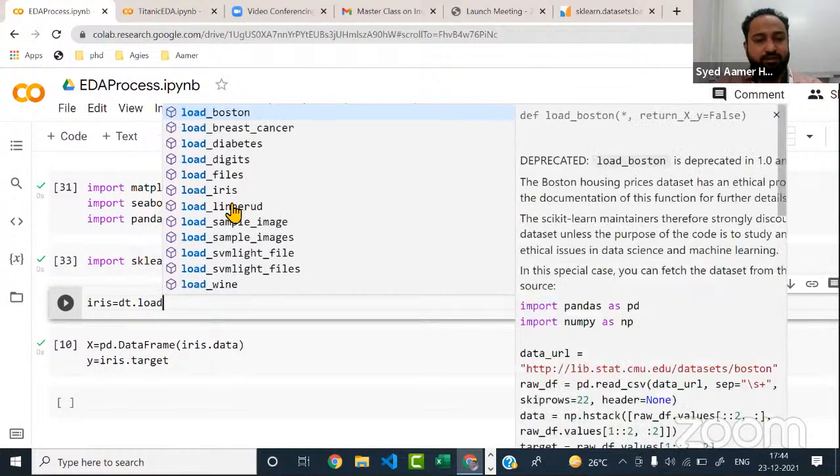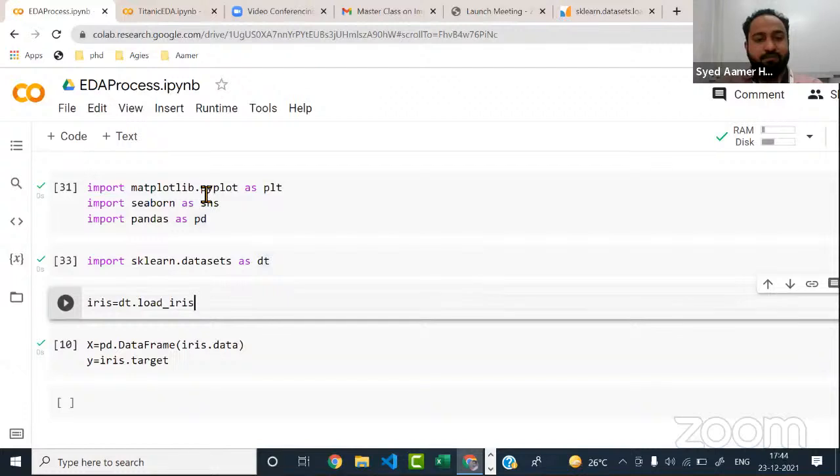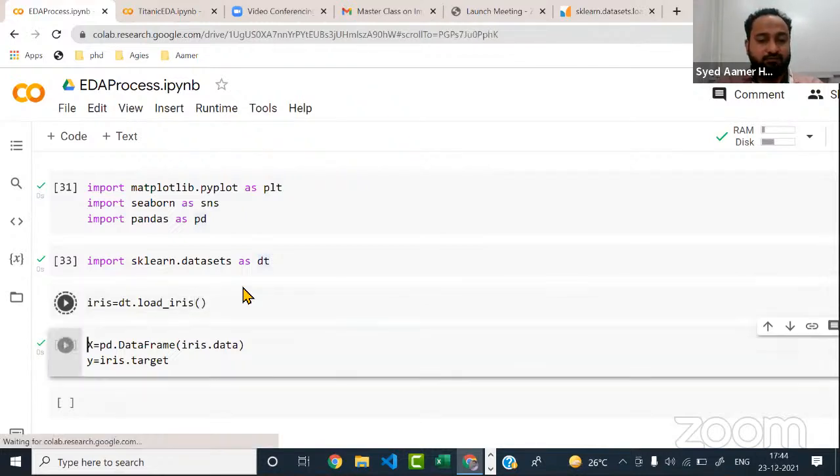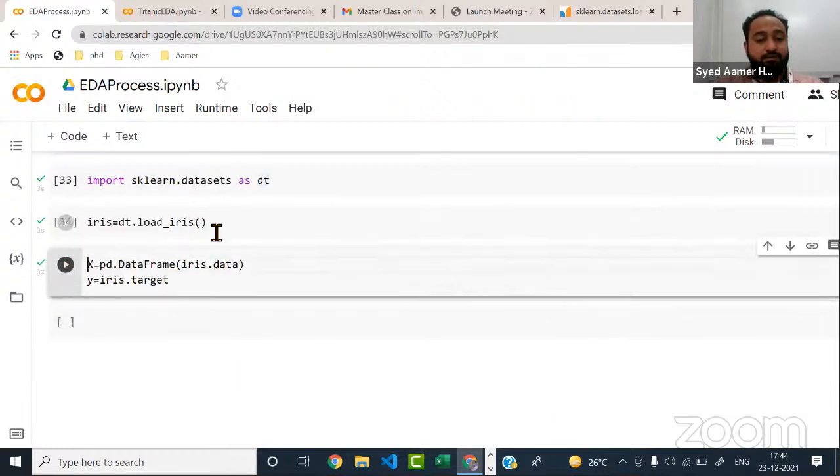For Iris, there is something called DT.load_iris. Is that clear? You have to go with this, and put the round brackets with it. Now this load_iris data set will have a lot of things in it, like a zip file basically.